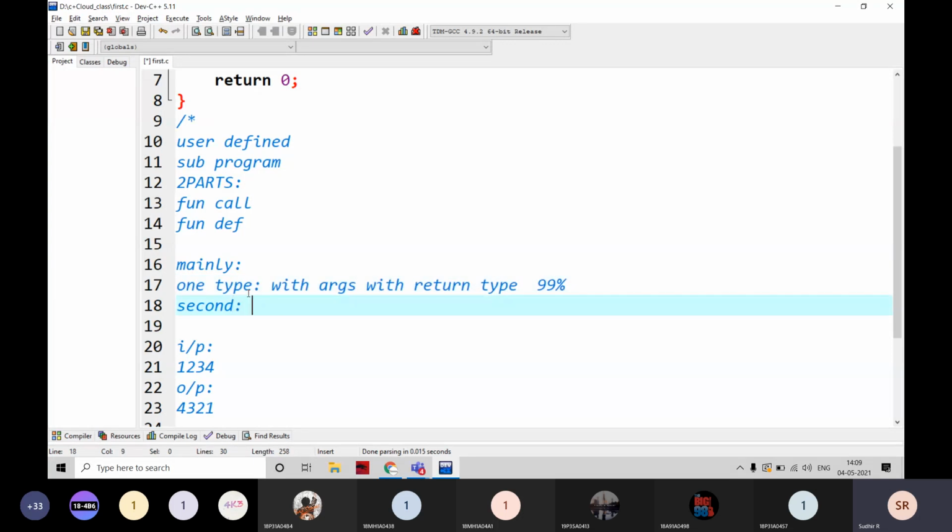Sometimes the second type, with arguments, without return type. The second one is with arguments, but we are not returning any value from that. You can write return type or return value, anything.